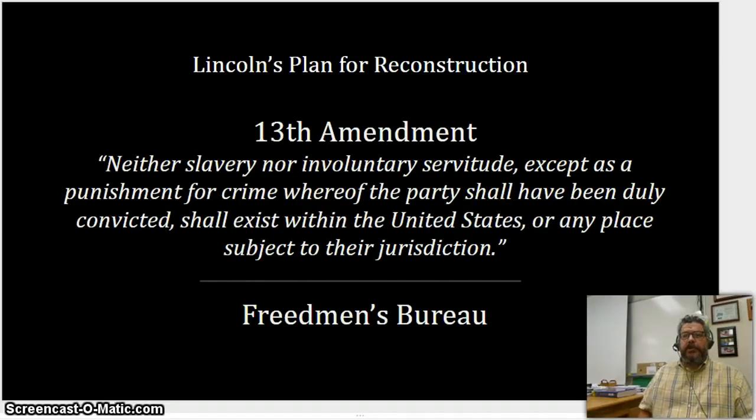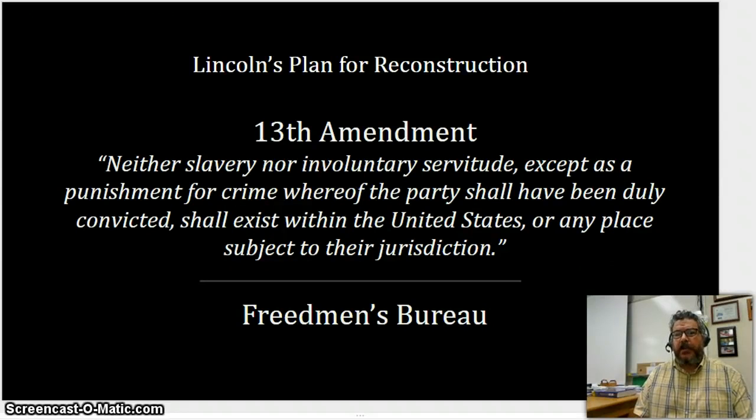Lincoln is also going to push for passage of the 13th Amendment and for its ratification. One of the conditions of states re-entering the Union will be that they ratify the 13th Amendment, of course, ending slavery. Under the Lincoln administration, we will also see the formation of the Freedmen's Bureau under the War Department,